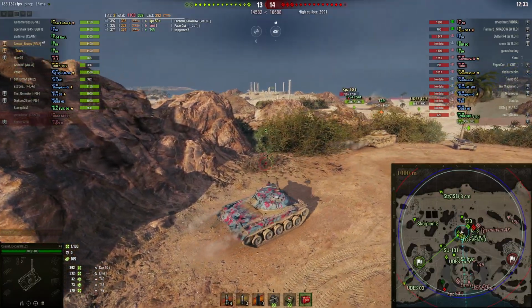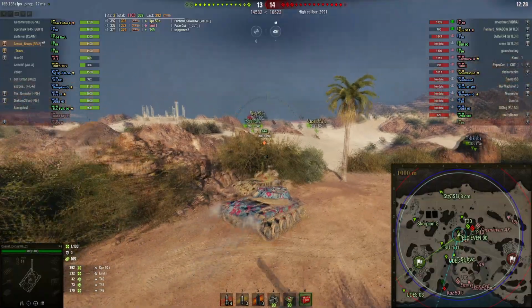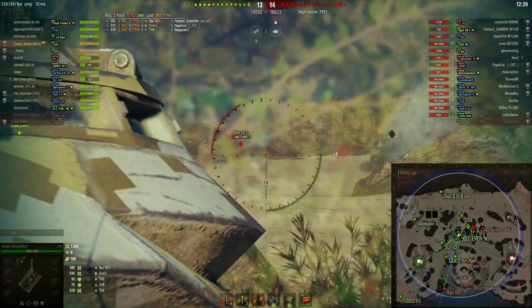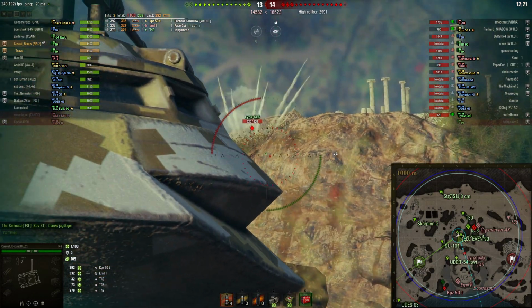I don't need to pen armor. I can just hit him for 400, even though he's perfectly hull down, because HE mechanics in this game are great. So Sabo... I finally figured out I should probably start shooting at this guy. Now I see a Lynx doing something stupid, and...